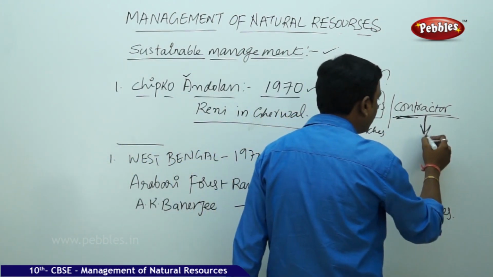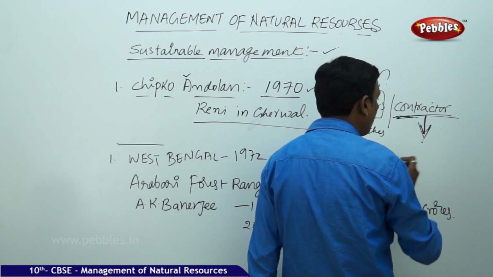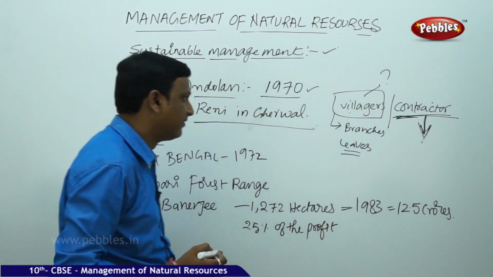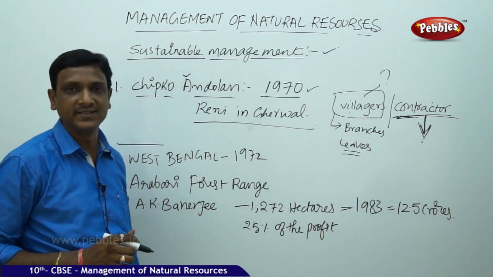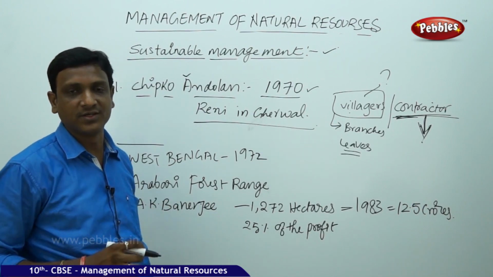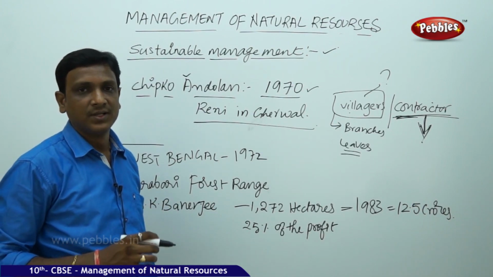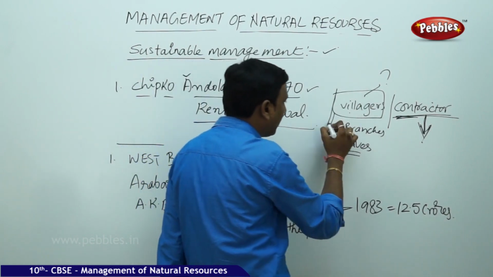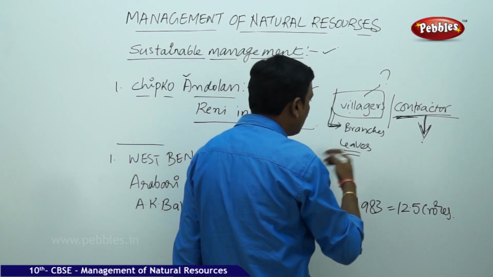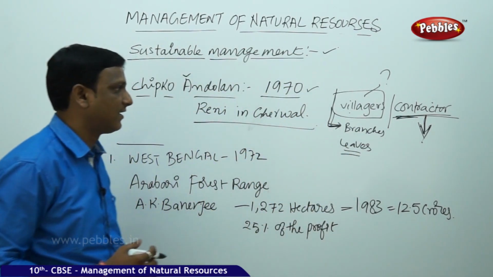So this news spread in the communities. In the view of the contractor, if he had cut down all the trees, that place is evacuated and deforestation takes place. Whereas the villagers are not totally destroying the trees, they are simply depending upon the products of the trees. So the involvement or engagement of the people in the management of a natural resource like forest